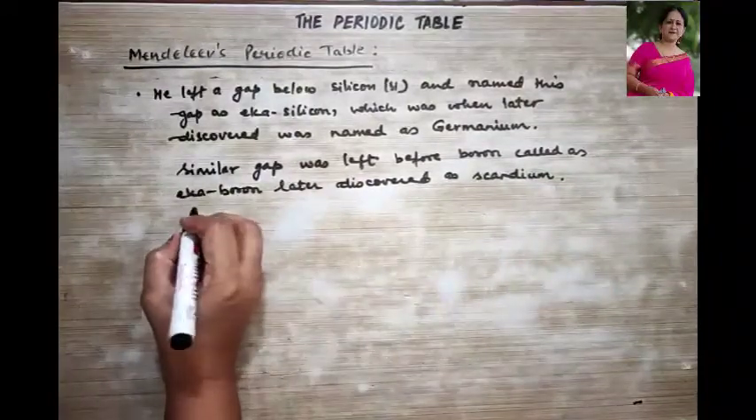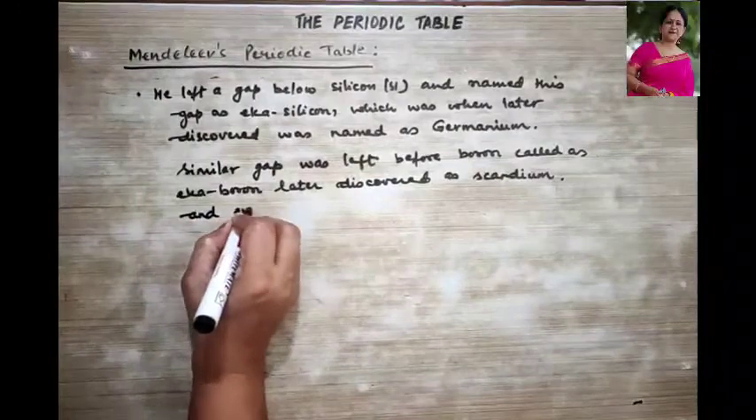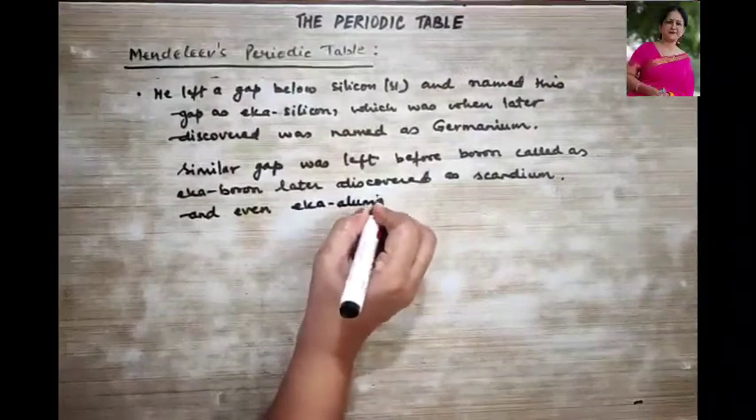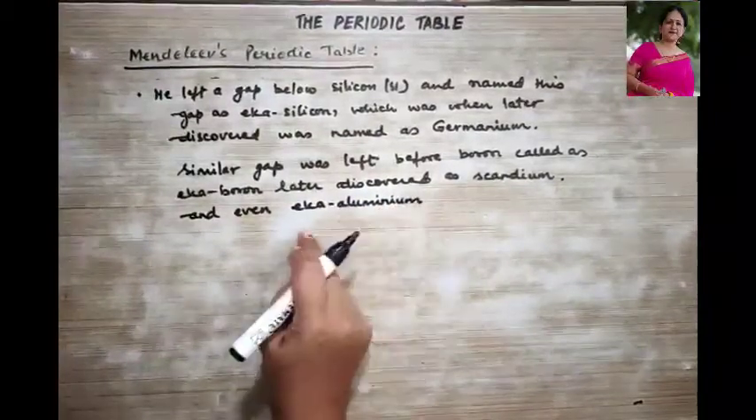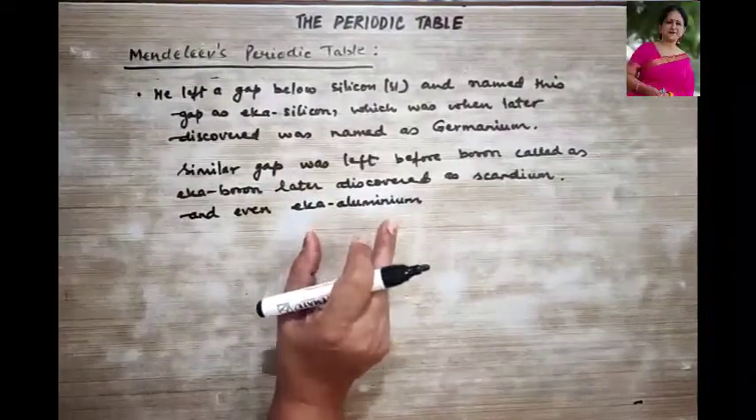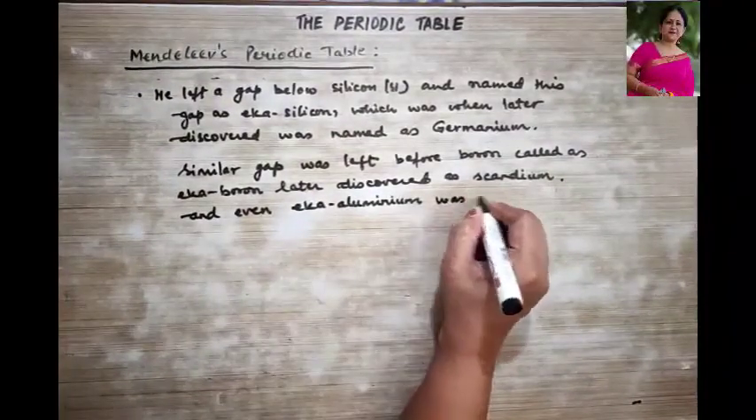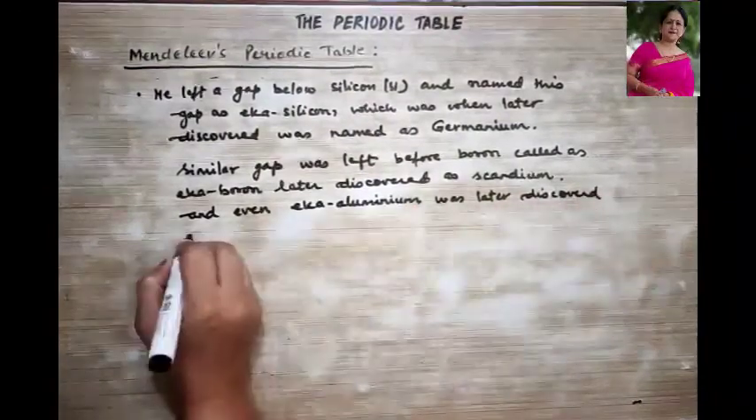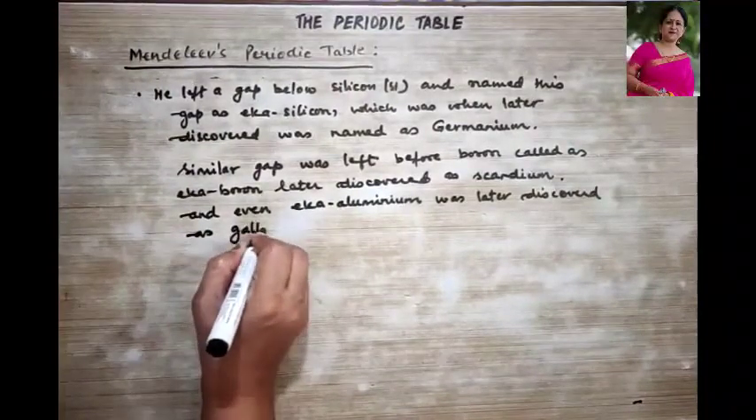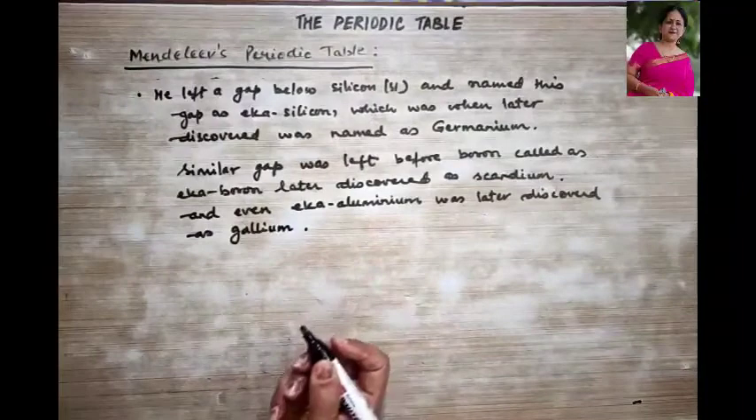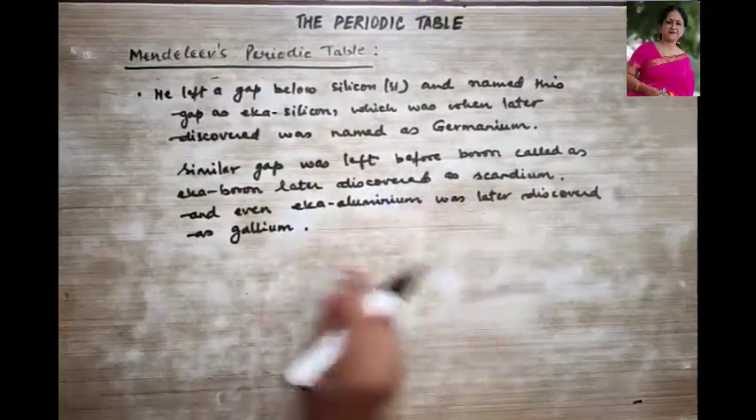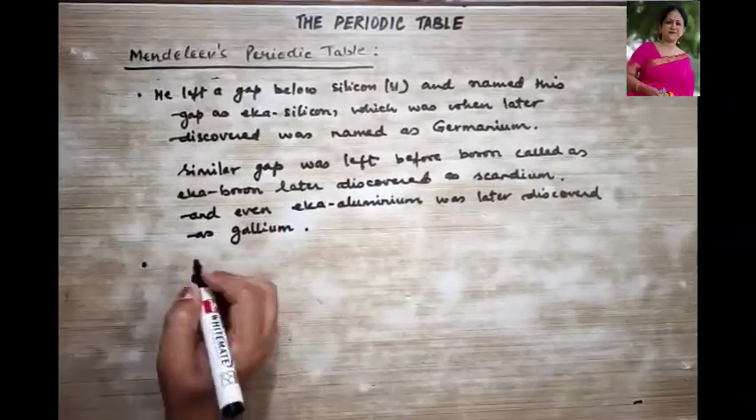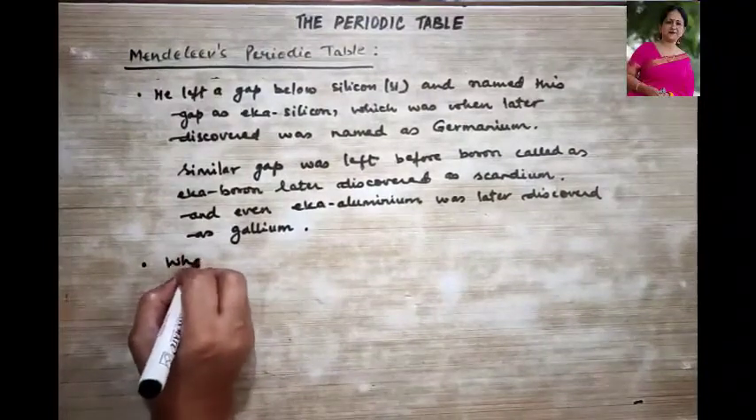Followed, and he even left a gap before aluminium, which was termed as Eka aluminium, right? It was later discovered as gallium. So you can see how far-sighted he was, and these elements were then discovered later and placed in those groups. And the next important point that I wanted to mention is,